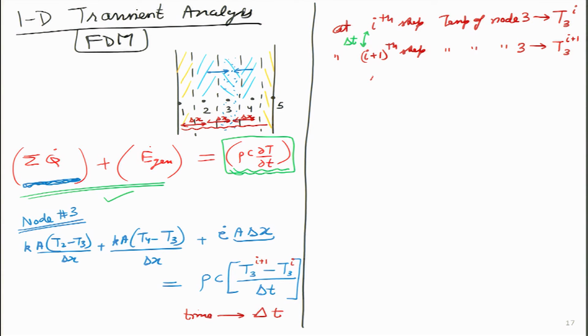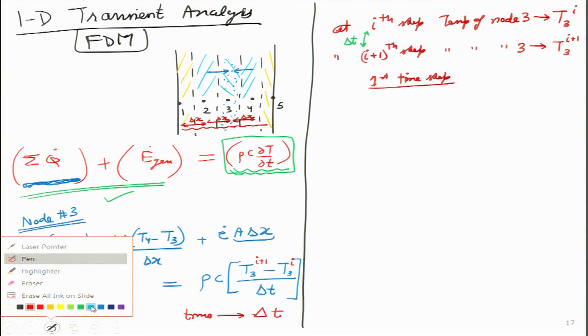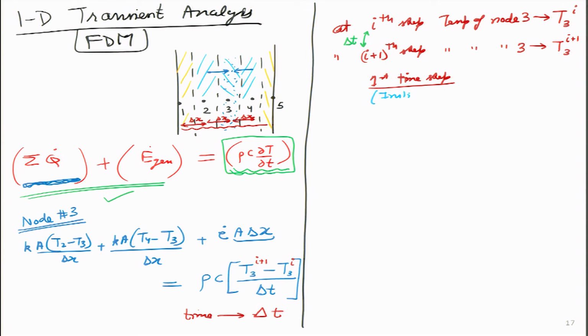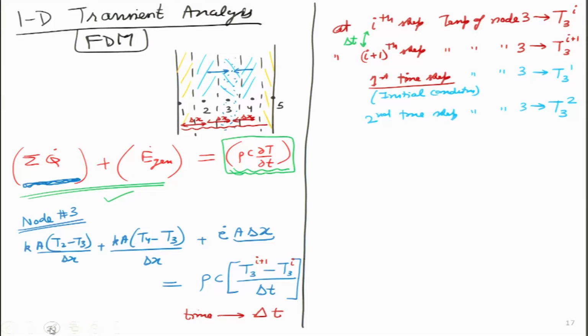In other words, at the first time step, and what does first time step mean for heat transfer engineers? They will say it is the initial condition. So, temperature of node 3 is simply T31. At second time step, temperature of node 3 is T3 at the second time step. So, please remember in this particular set of calculation, the superscript does not mean power, that it is T3 square or T3 cube, it is just the time step. I hope that point is clear.